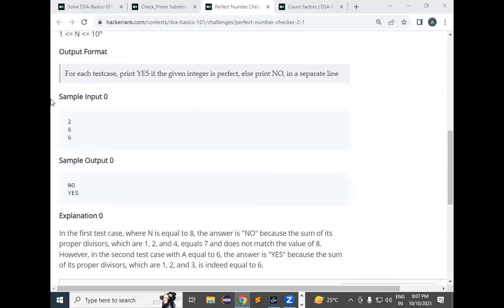So you can take the sample input. It will give you more clarity. For example, the number is 6. The divisors are 1, 2, and 3. If you add them, it's equal to 6. If it's 8, the divisors are